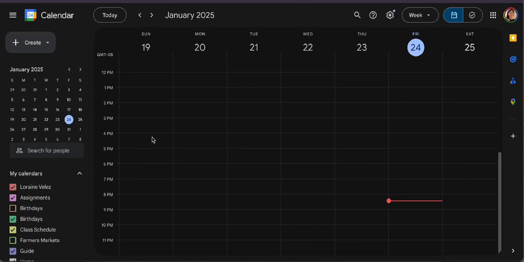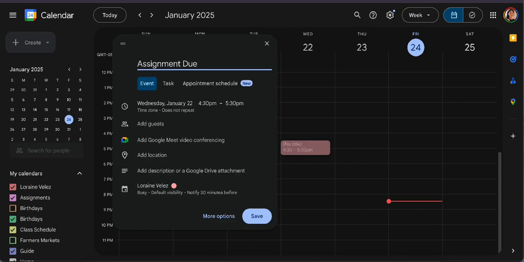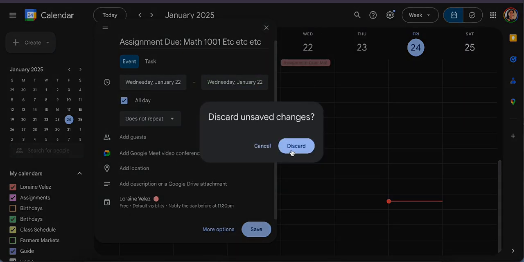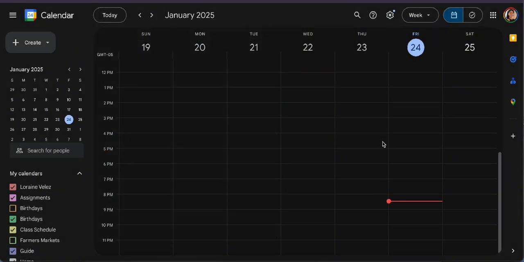Hey guys, are you tired of missing your assignment due dates? Or do you have 100 events to import into a Google Calendar? Well, no need to enter them one by one. That's simply too time-consuming and boring. Today, I'm going to show you how to import several events at once using ChatGPT to do all the hard